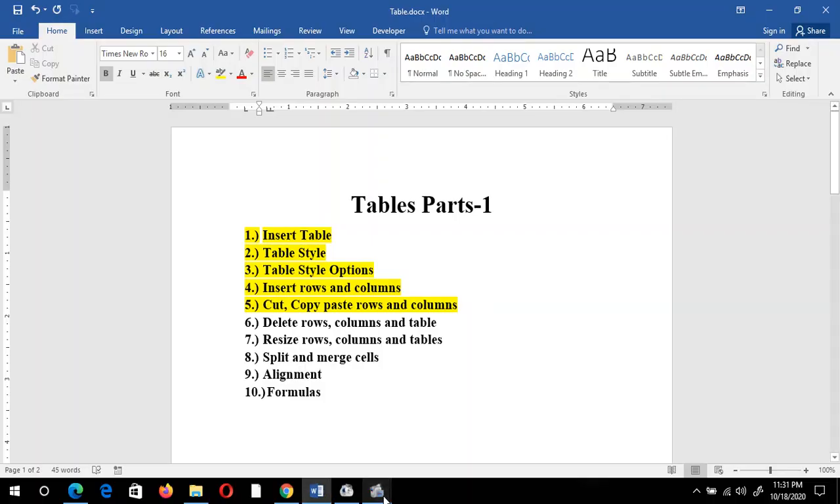Hello everyone. In this video, we'll see how to work with tables in Microsoft Word. We'll be covering these 10 topics, that is insert table, cut, copy, paste, delete, resize, split and merge cells, alignment and formulas. But in this particular tutorial, that is table part 1, we'll be covering only 5 topics, that is